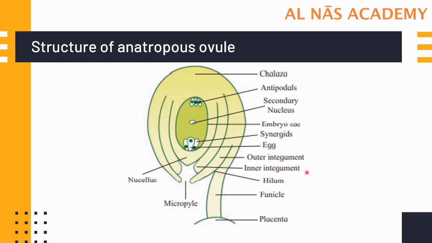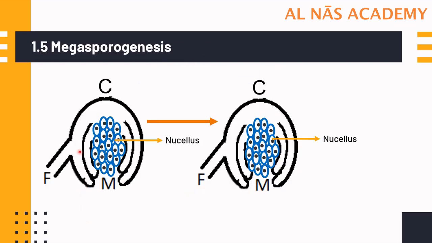The Anatropous ovule consists of two integuments, the inner integument and the outer integument. Within the integument, the nucellus is present, and within the nucellus, the embryo sac is embedded. The micropyle is towards the lower end, through which the pollen tubes enter, and right opposite to the micropyle is the chalazal end. We already know that the Anatropous ovule is an inverted ovule, and at the lower end we have the micropyle, which is the opening through which the pollen tube enters. Just opposite to the micropyle is the chalazal end, and inside we have the nucellus, which is made up of many cells, and these cells are diploid in nature.